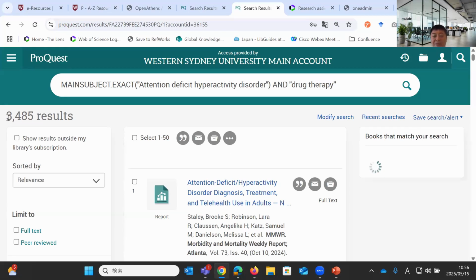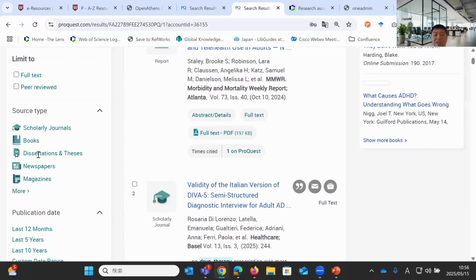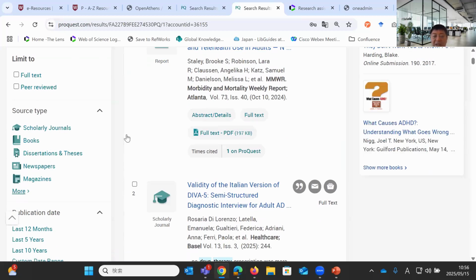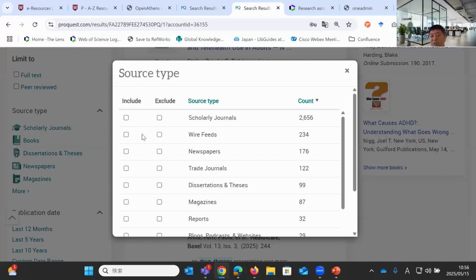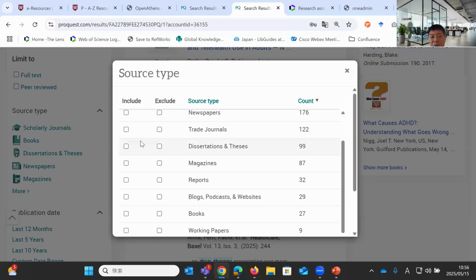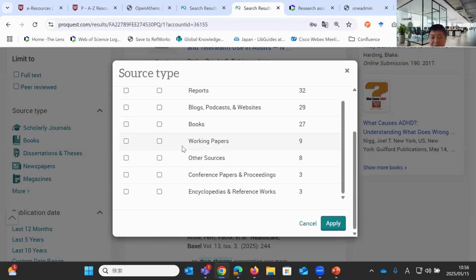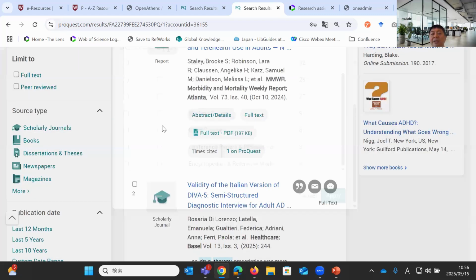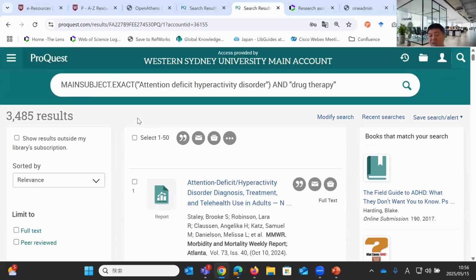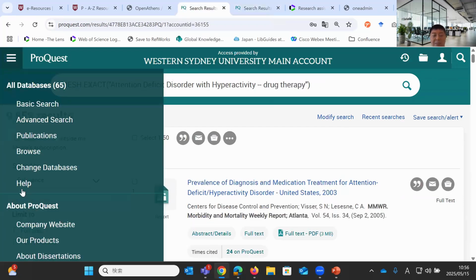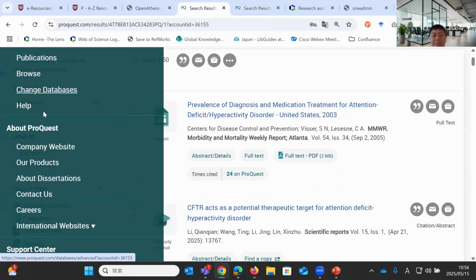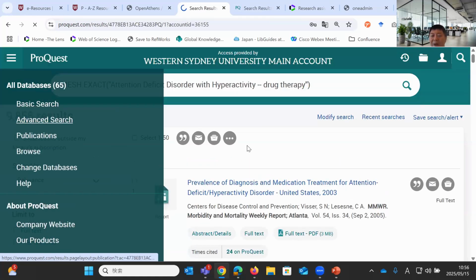It's a different number, but you see more different kinds of content, like newspaper content that MeSH or PubMed doesn't deal with. Magazines, trade publication content, blogs and podcasts, conference proceedings, if it's covered in our platform. So if you want to capture everything that's available within the database in the ProQuest platform, you might want to combine these